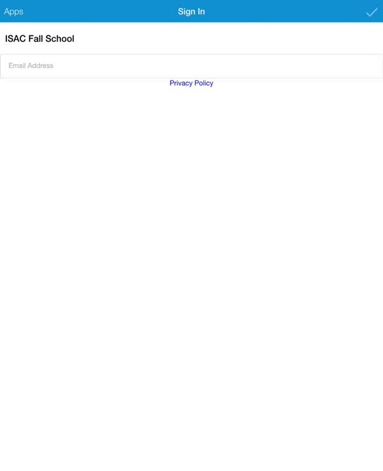So, what you'll need to do first is access the app in the App Store. I've already done that because I have it downloaded on my device. So if you're on an iPhone, you want to go to the App Store and search, or on the Google Play Store and search ISAC Fall School. It should pop right up, and then you just follow the prompts as you would when downloading any other app. You'll probably have to enter a password. You'll have to let them know you want to receive pop-up notifications, things like that. It will download and should pop up on your home screen.